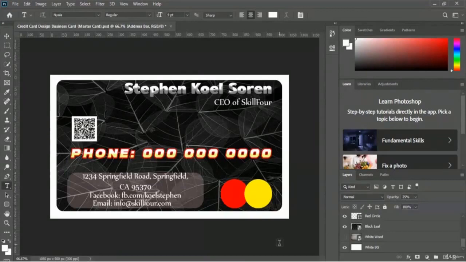So this is a credit card design business card, and it's really exceptional. So if you have to create a business card, I will always request you create some creative or uncommon or exceptional business card. And if you want to create a business card like this credit card design business card, then I will request you, please try minimum 3 or 4 times by watching this